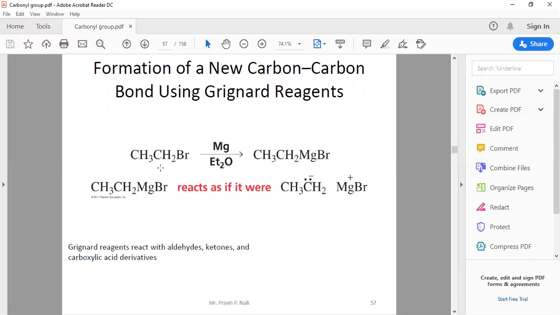So we have to take the alkyl halide and react it with magnesium, and it forms the Grignard reagent. In the Grignard reagent, it is very important and essential for students to understand the reaction mechanism, which bond breaks, and where is the carbanion formation, or where is the negative charge and where is the positive charge. So here you can see the carbon-magnesium bond is polarized, the metal carries the positive charge and the carbon carries the negative charge.